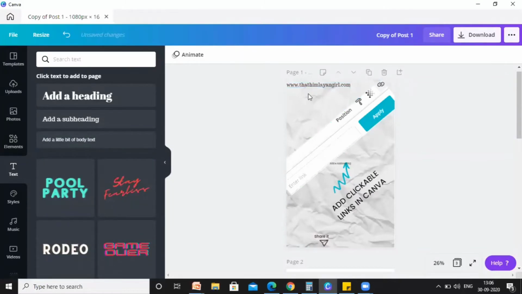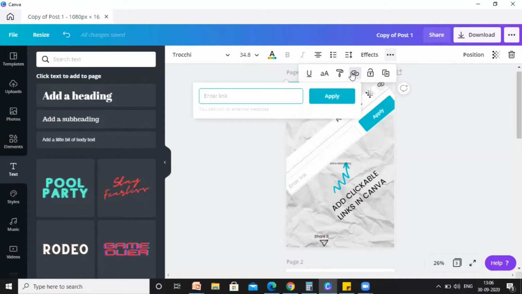So the text is ready. Now I want this particular text to be clickable so that people could be directed to my website. So all I have to do is click on this. I do find these three dot options here in the toolbar. I'm just going to click on this, and I'm going to find the link icon in the editorial toolbar. I'm just going to click this, and either I can enter the link, which is this one,